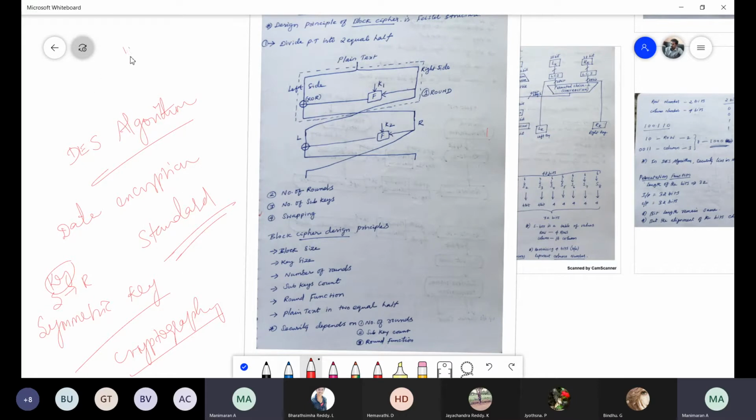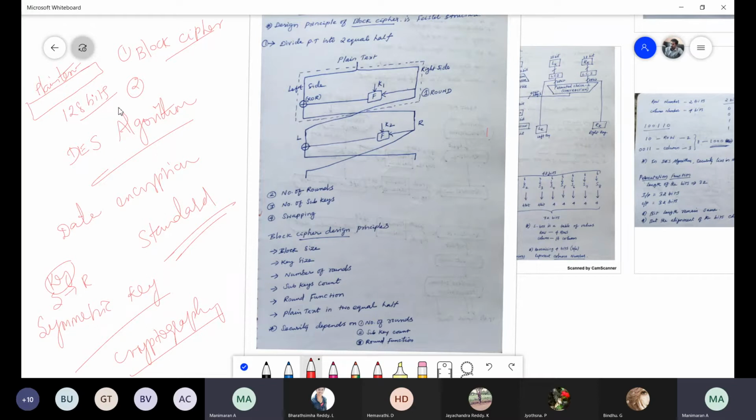And then two things we are using here. One is the block cipher. Two ciphering techniques are there: one is block cipher, another one is stream cipher. Block cipher means, for example, this entire thing is the plain text, maybe 128 bits in size.